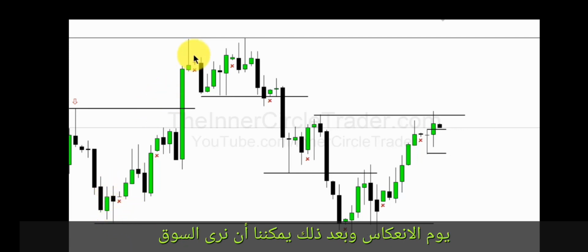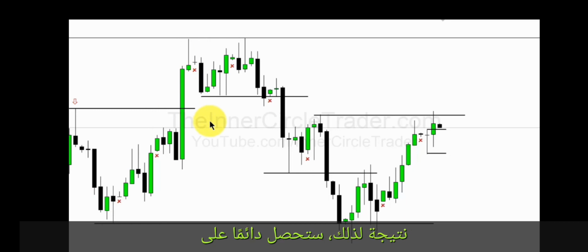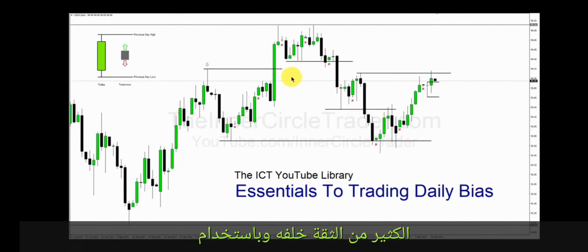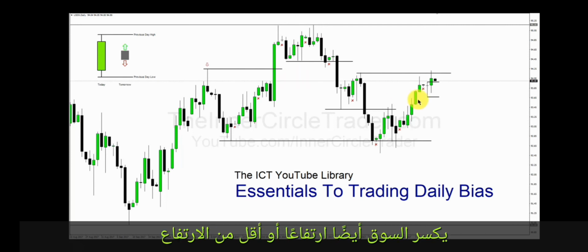And then we can see the market does in fact want to trade higher as a result. So you won't always get the outside day at turning points, but I like to look for it because it builds a lot of confidence behind it. And by using these tools, and when the market also breaks more or less a swing high of importance,